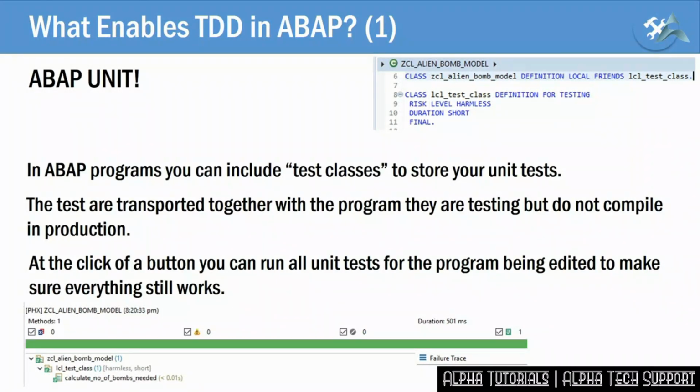From either SE80 or ABAP in Eclipse, also known as ADT, you can execute all of the unit tests in regard to the program being displayed at the click of a button, just like the extended program check. There's also an option to show what percentage of the production code is actually currently covered by unit tests. You can also run unit tests for all the objects in a development package at once. Naturally, you can create unit tests in both SE80 and ADT, but doing so in ABAP in Eclipse is much, much easier.